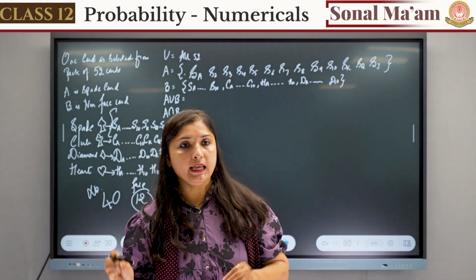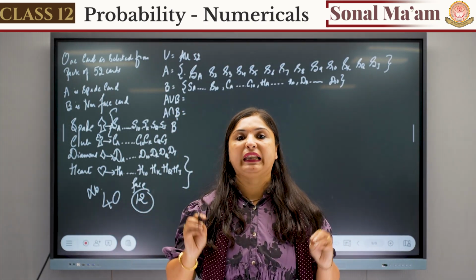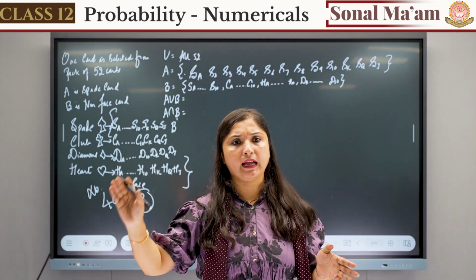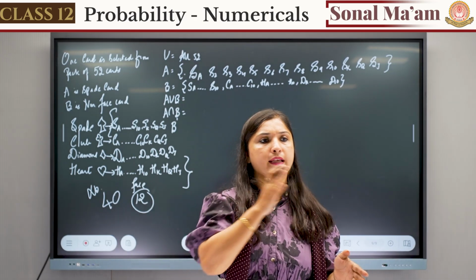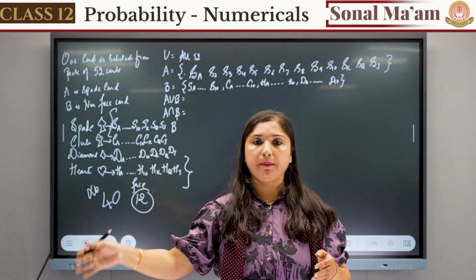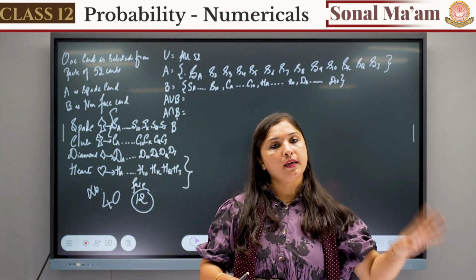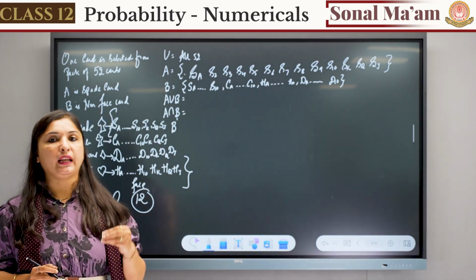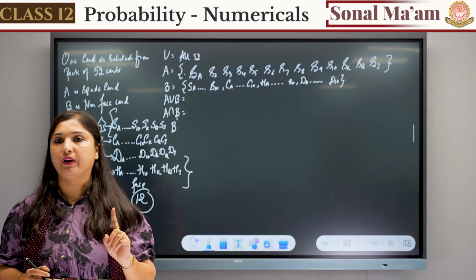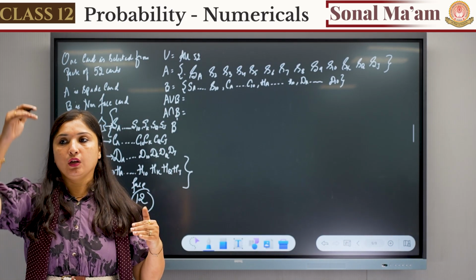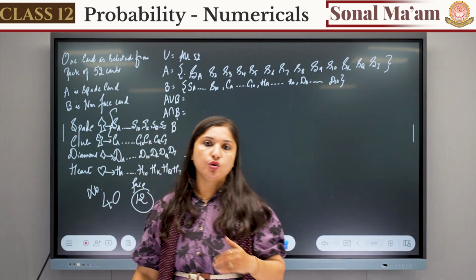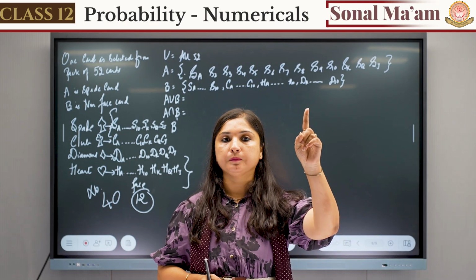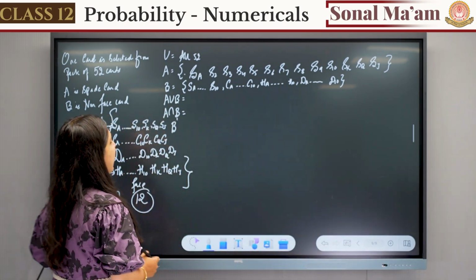Yes, ma'am. B is an event where we want only number cards. There are no face cards. तो हमने सिर्फ number cards लिखे. B is our ace to 10. सारे ace to 10, ace to 10, ace to 10. किसका? डायमंड का भी, हार्ट का भी, क्लब का भी और स्पेड का भी. ठीक है? चलो. Now my concern is I want A union B. My first event A union B. जो A में भी हो, जो B में भी हो और कॉमन वाला पार्ट भी. लेकिन now first of all tell me what is common.